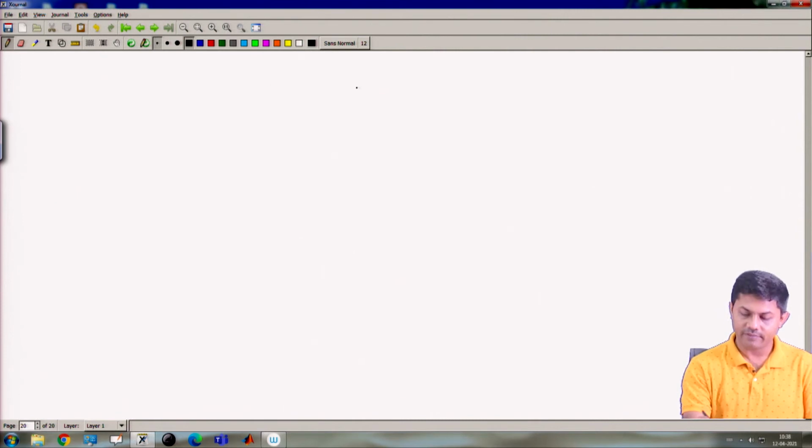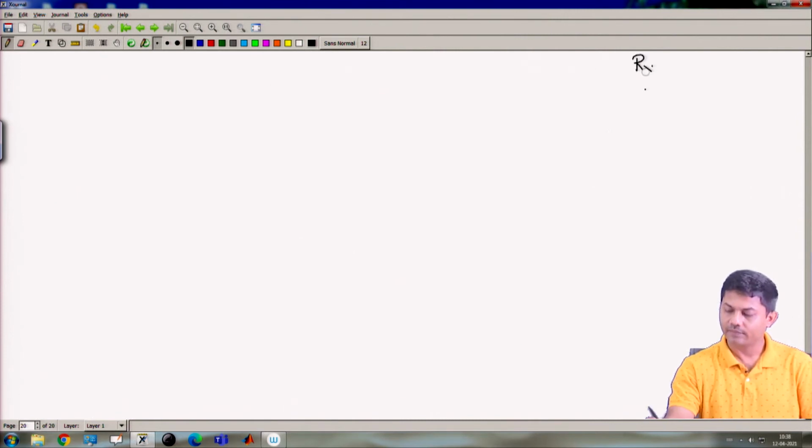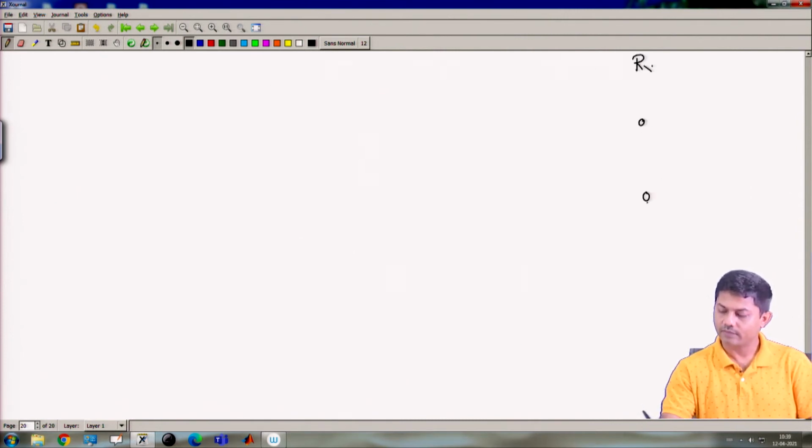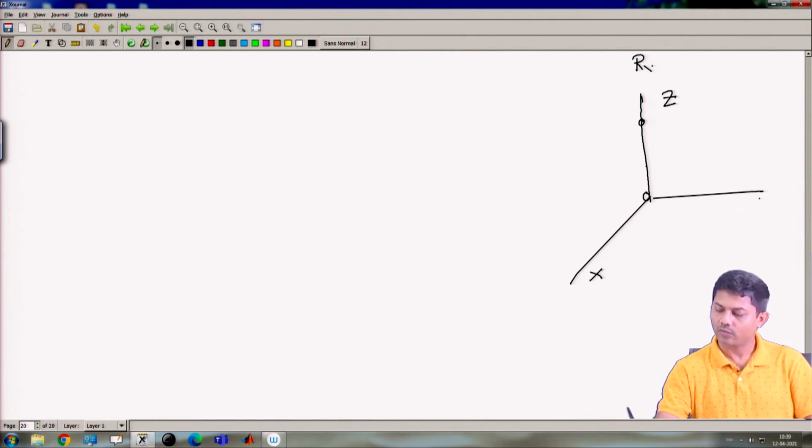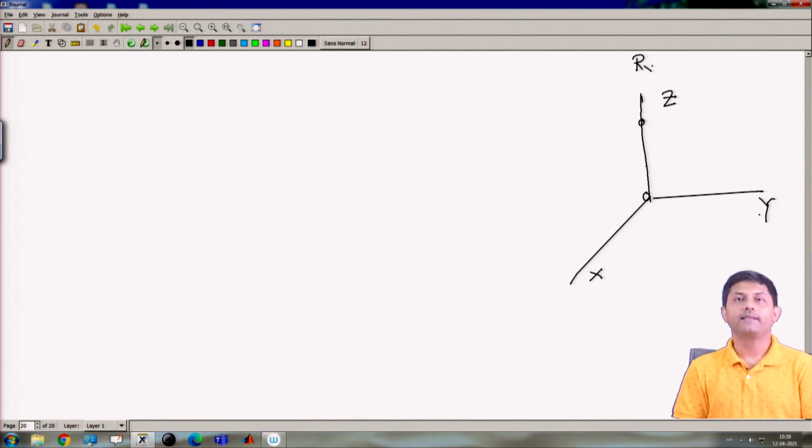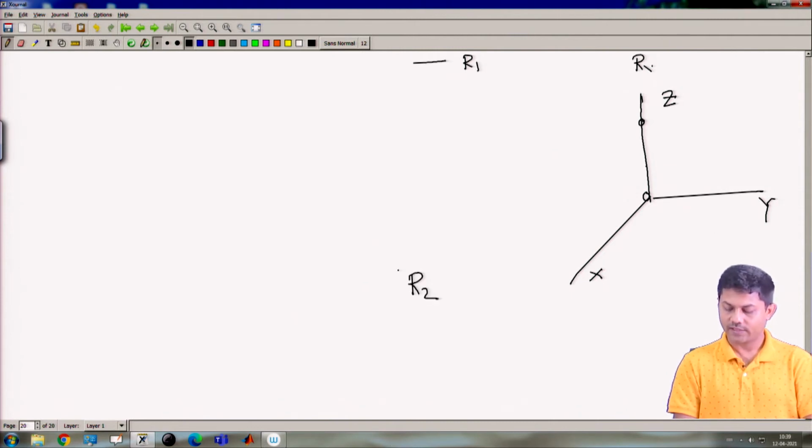Let us say I have in the RX side, I have two antennas. So, this is my z, this is my x, this is my y. But now, I am saying that this particular system has two reflectors. So, which means that I may have one reflector here, I may have one reflector here. Okay. How do I do that?